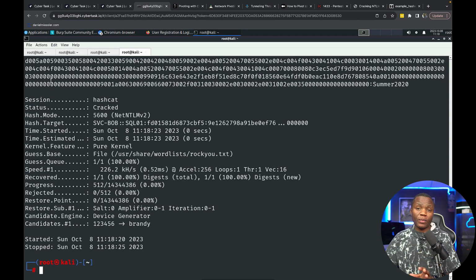So for you, if you're going to be following along later, I'm going to change the password here so that you can actually crack it yourself. But in this case, we see summer 2020 is the password. But it's going to be different if you're going to be doing it yourself again. So you need to crack it to find out what the new password will be that I would have updated in the lab. Okay, so we have a user SVC Bob,